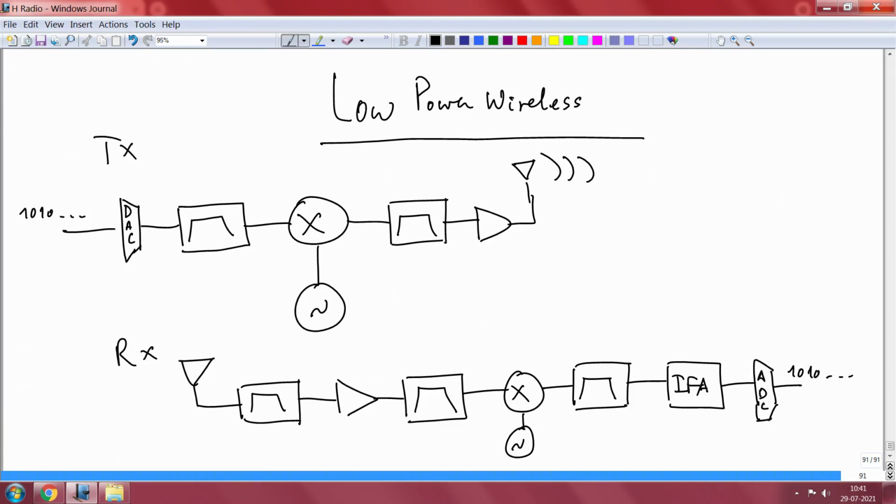I have put here a clear generic picture. What you have is, from an application you will get data bits which will have to go out on the air interface. So, this is coming from the application, and this is the transmit chain. I will simply call it TX. Now, basically you have to convert those bits into an analog signal because your transmission is analog by nature. This is analog here. So, you have to convert all your signals into analog and modulate the carrier with the application data bits which are coming in.